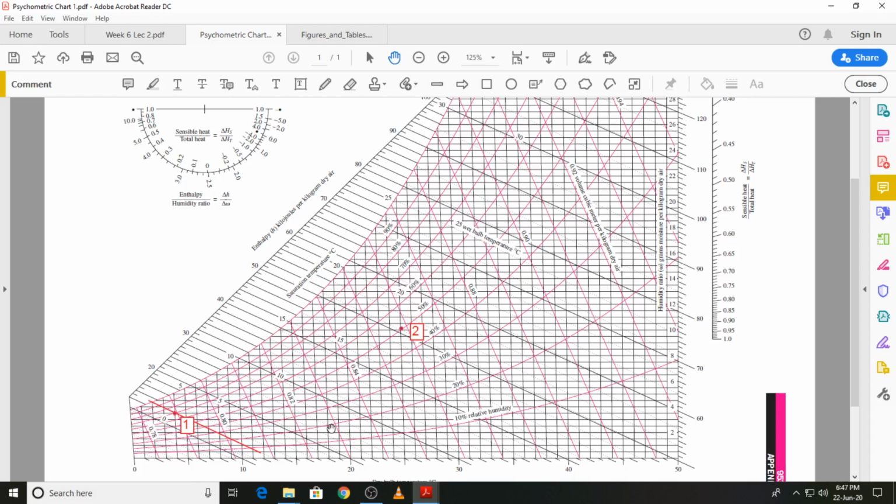As I said earlier, we will need the specific volume, and when we want to locate state 3, we will need at least one property using which state 3 will have to be found out. And we will have to use the energy balance, which will require the enthalpies. So if I look at state 1, I can find out the specific enthalpy and the specific volume at state 1. And if I look at a constant enthalpy line which passes through state 1,